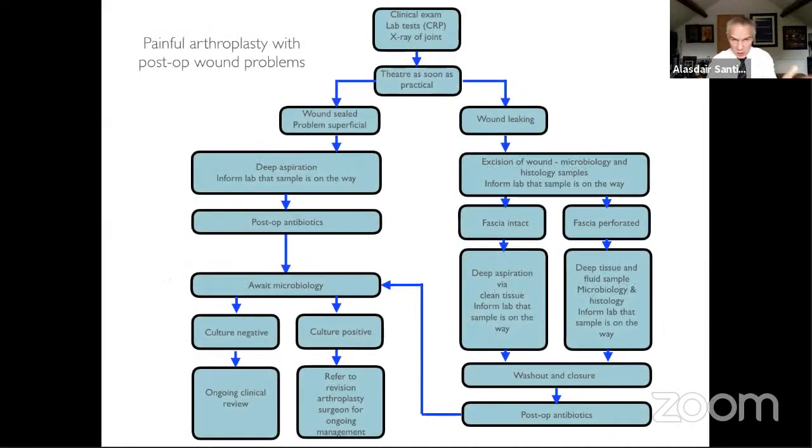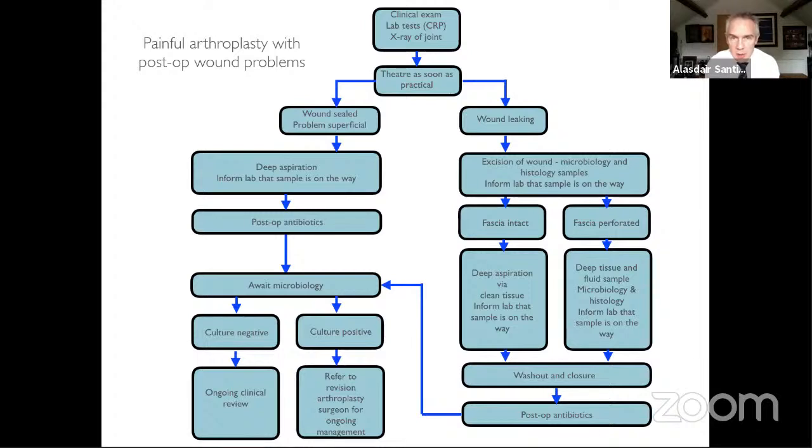I've always found that using algorithms is one of the best ways of making sure we don't miss anything. So very quickly, this is a typical one. There are many of them out there, but this is one which we use here in the Northwest. For those of you who don't know, we've got a very well-established collaborative MDT of the 7 or 8 hospitals in the Mersey and Cheshire region. A number of years ago, we sat down together to make sure we're all doing the same thing, treating patients in the same way, doing the same test and doing the same analysis. So this is one that we came up with for the acute knee.